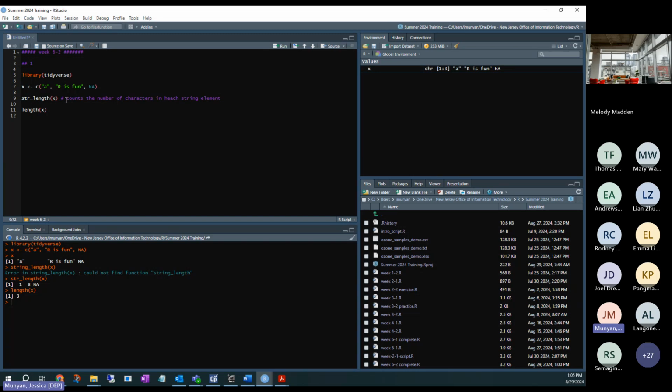Sometimes when I'm taking notes, I'll write down the result in the console underneath in my notes so I know what it does. 1, 8, and NA. I wrote returns because that's just what R returns. Whereas length